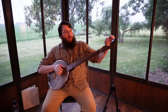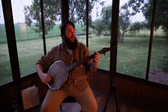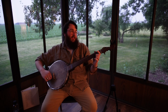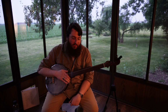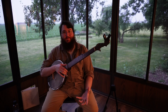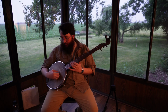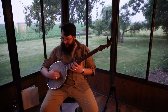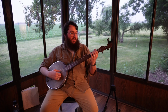Now, what do I think of the instrument? I've already kind of said, I'll get it back up and get that high D string back in tune. I think it's a really beautiful sounding instrument. I'd wanted a minstrel instrument for a long time, but price really prohibited me, and this kit really allowed me to get that. Now, I wasn't sure how it would sound. I wanted to have a really beefy, plunky sound. And I'd say at least with this particular head and the strings that Brian gave in the kit,